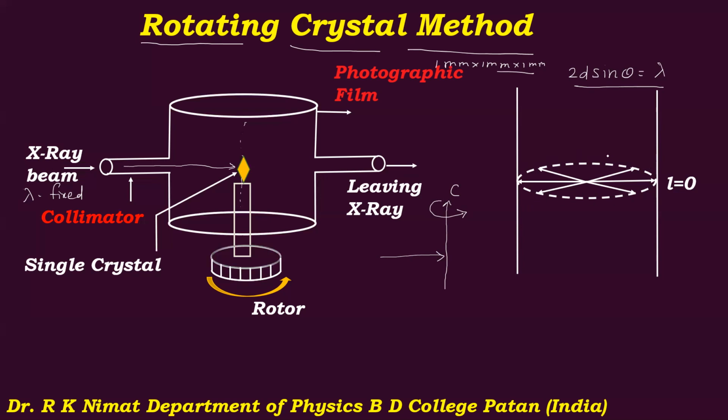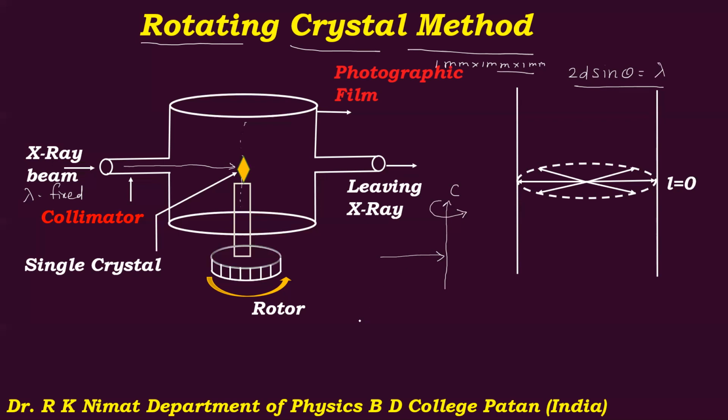So you will observe this plane in which the X-rays will be diffracted or reflected from the plane which is parallel to the C-axis. Now, no reflection will be observed for those planes which always contain the incident beam of X-rays. So the plane which contains the incident beam of X-rays will not show any kind of reflection. It is obvious. And the planes which are inclined to the axis of rotation show reflections above and below the horizontal plane depending upon the axis of inclination.